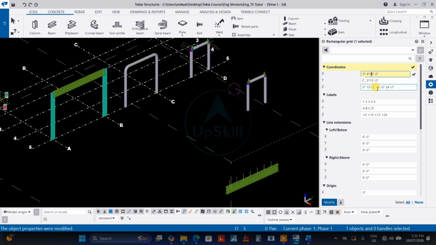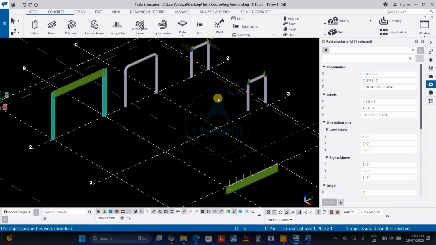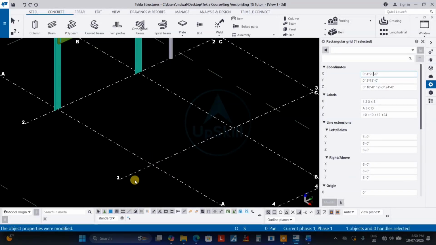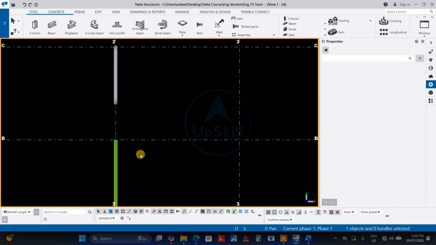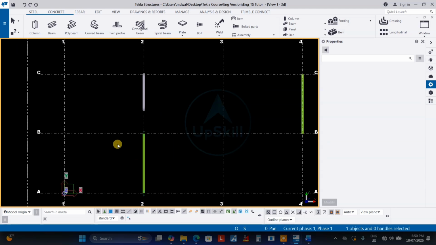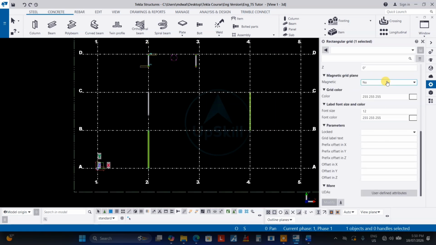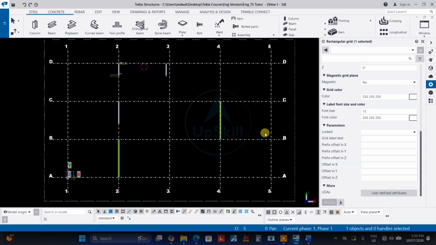So this is the best option for column positioning. Generally we give the column position at the intersection of the grid system. So if any grid spacing is changed, the column will automatically shift according to the requirement. This is useful at the time of grid system changes, grid distance changes. Okay, and now